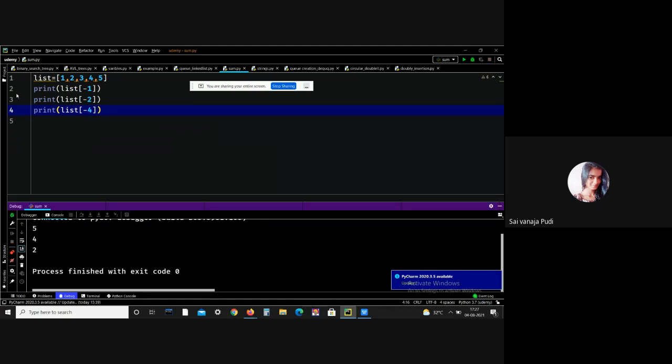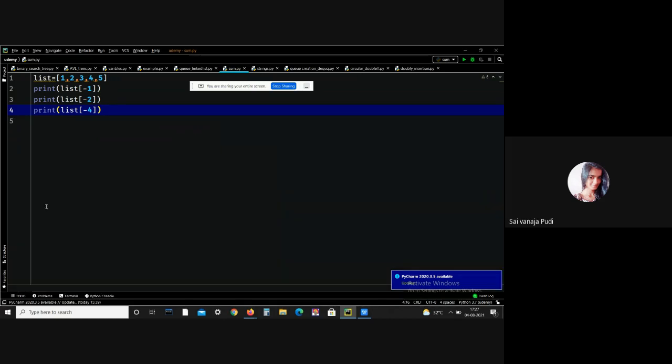See, we got the output, that is 5, 4, 2. 5 means -1, 4 means -2, and -4 means -1, -2, -3, -4. Here -4 means what? 2. So we got the output, that is 2. Okay, this is all about negative indexing.